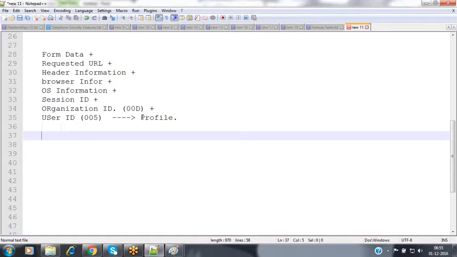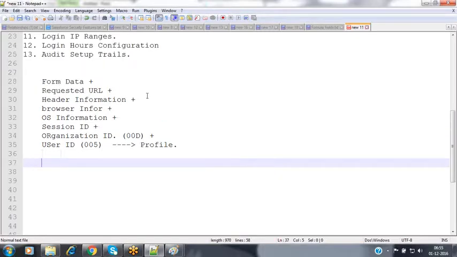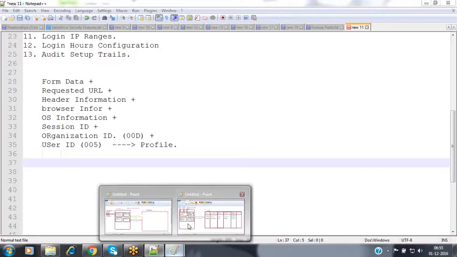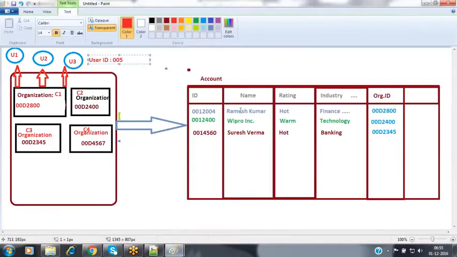During what time the user can access my application, from which login IP ranges the user can access my application, everything we can configure inside that. So Salesforce is going to look into that profile here.